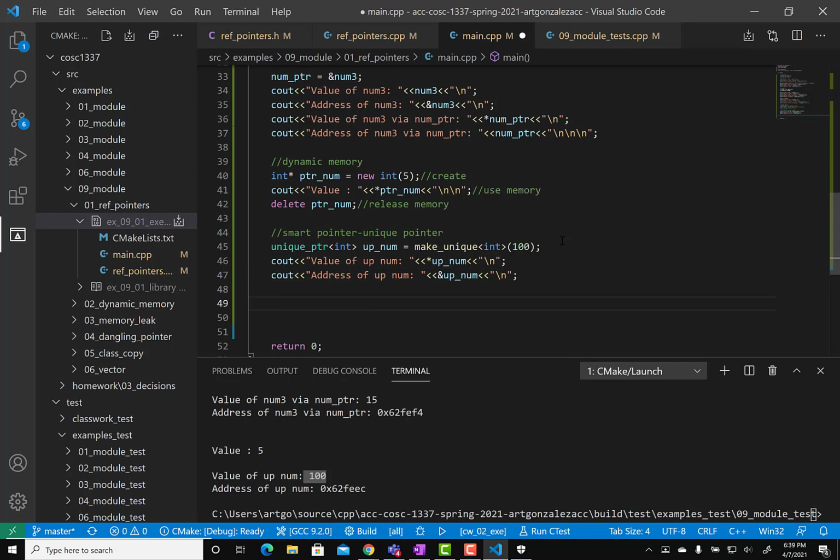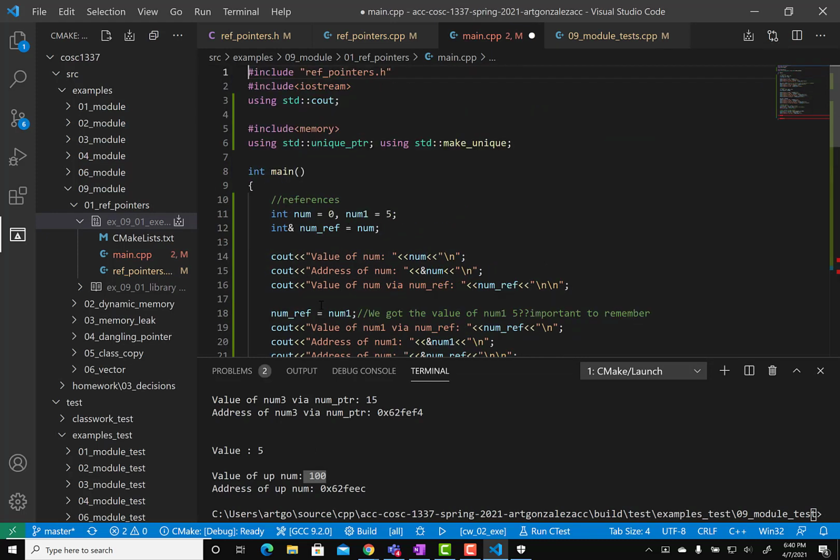Okay, we have one integer. We want to create a vector of integers or a list of integers. We want to add this variable to the vector of integers, right? And we should be able to, because they're integers, right? The only main difference when we create the vector is we have to say create a vector of unique pointers to an integer. So this is what I mean. We have to say,